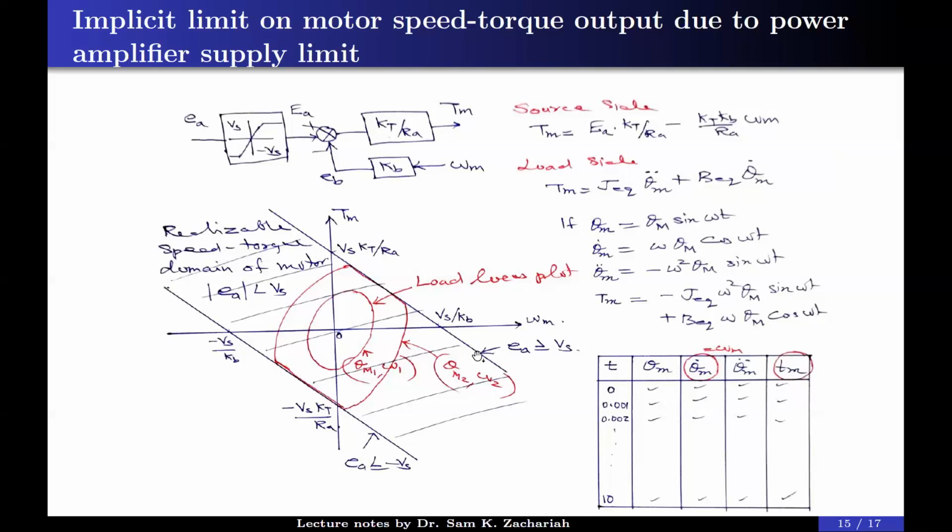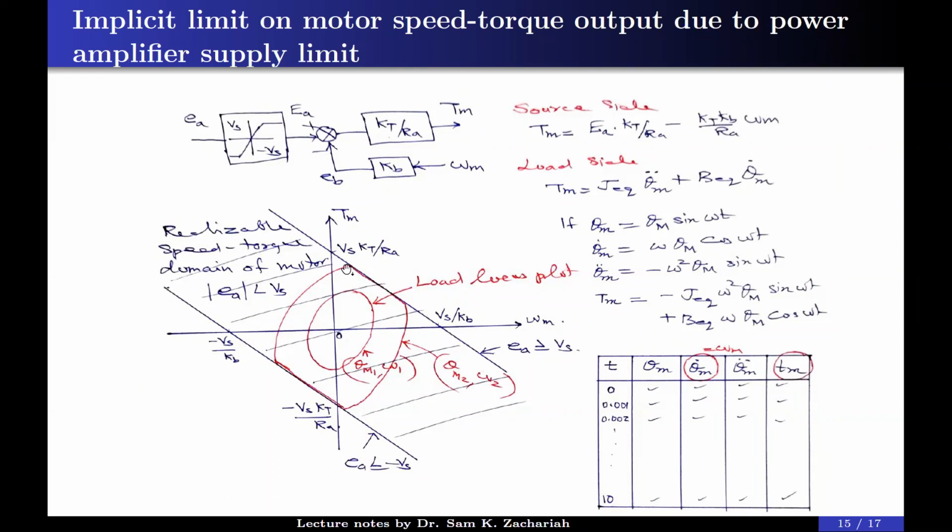Now, if you increase EA beyond Vs, what will happen? You can simply increase VA, but the capital EA will be clamped to plus Vs, and the motor speed torque cannot cross this line. This is a boundary for positive operation, or I say clockwise operation, if you interpret it like that. And if VA goes less than minus Vs, this is a boundary corresponding to counterclockwise operation. So this is all about the speed torque characteristics. You are going to see it in the simulation.